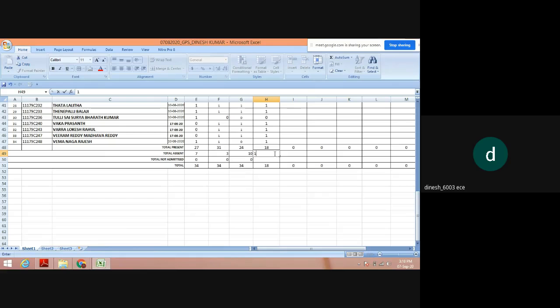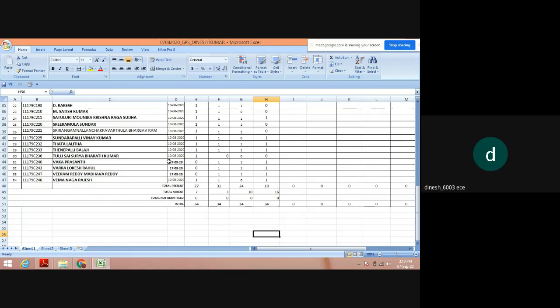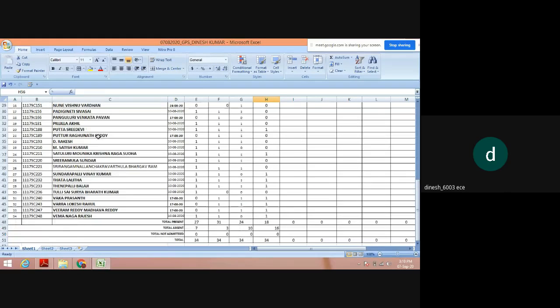Anybody else? Yes, name? Puttur Raghunath Reddy. A bit louder, please. Your name? Puttur Raghunath Reddy, sir. C189. Raghunath Reddy. Yes, sir. Okay. Then